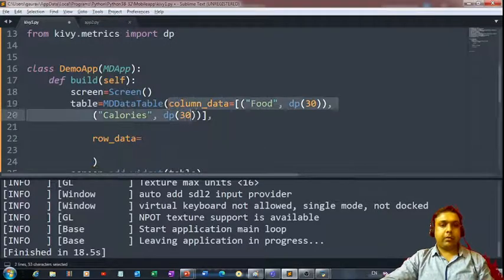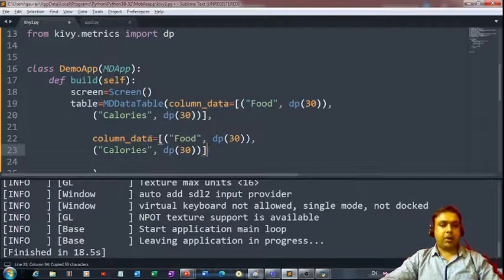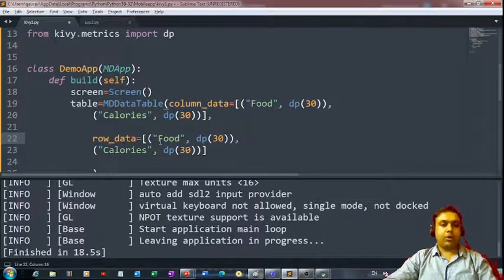But in order to make it simpler for you, let me just tell you what exactly you can do. You can simply copy this whole thing till this point, and then paste it here. Now you just have to change this column to row, and now it has become row data, and then you can pass values for both these fields.